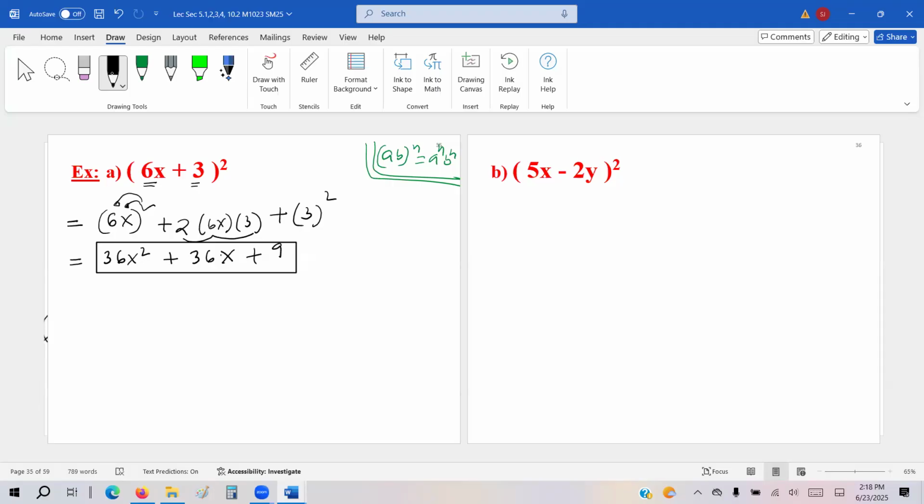Okay, so if we have (xy) to the power n, what's the formula? What do you do with this power? What does the power rule say? So what do you get? Tell me what you write. x to the what? No, this is n. It's not a number, it's n. Any number, n.